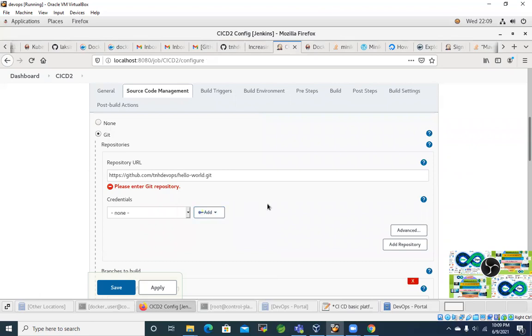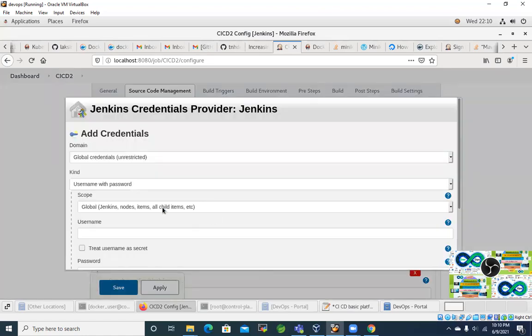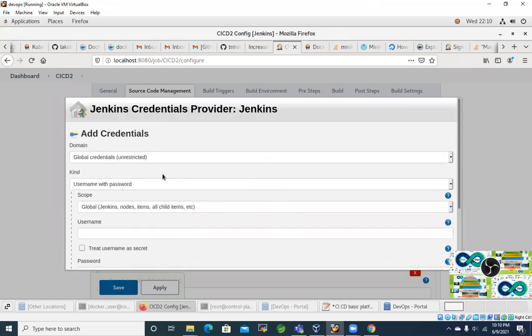Okay, so the repository URL will appear here. And the important one is credential, because we need to give access credentials now. I have created a credential. So either you can click add right away here and add the credentials like that,